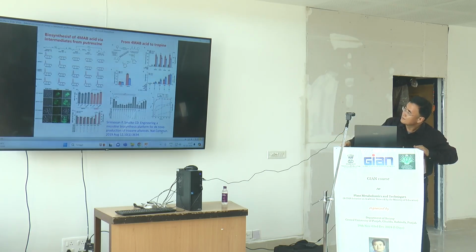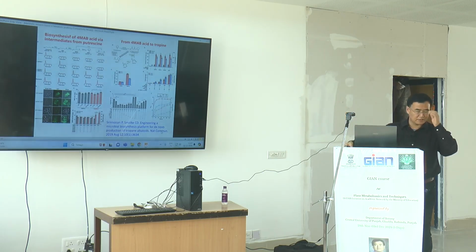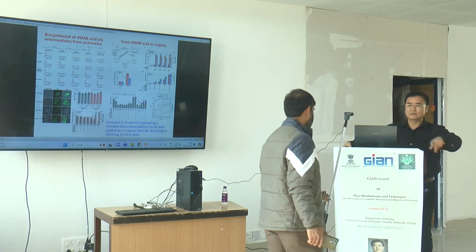This is for the biosynthesis of the tropane alkaloids, which have different end products. As we know, all the alkaloids are derived from amino acids. The alkaloids in plants are very, very complicated, with many different